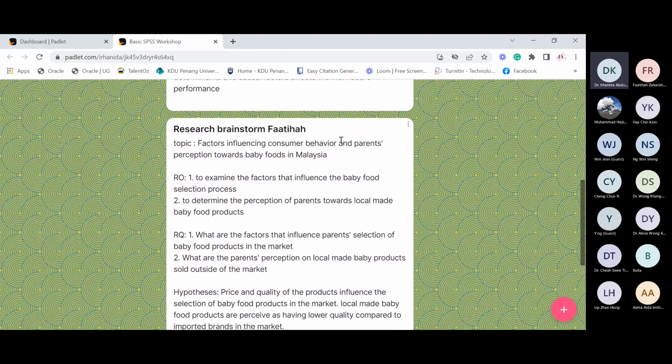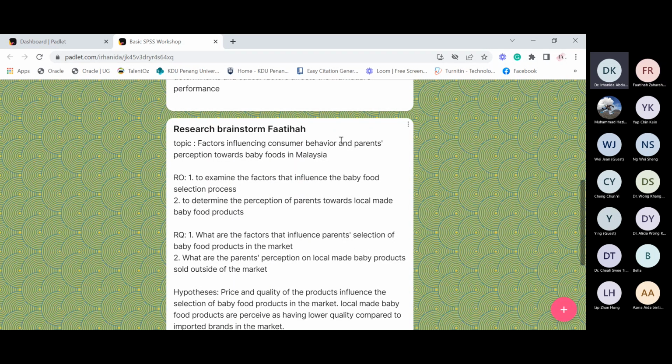Even though this topic is very straightforward and clear, you have two things here. So you must make sure that your topic is only one, either consumer behavior or parents. So I decide to take factors influencing parents' perceptions toward baby food in Malaysia.